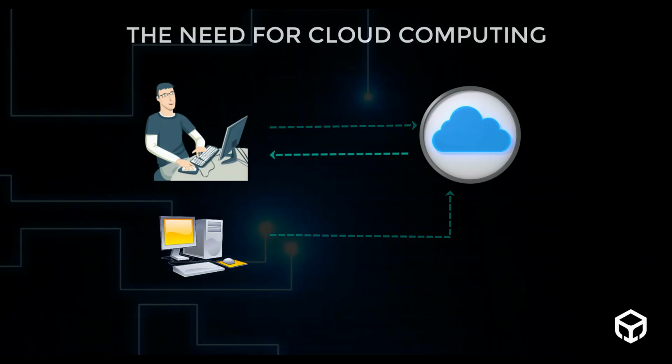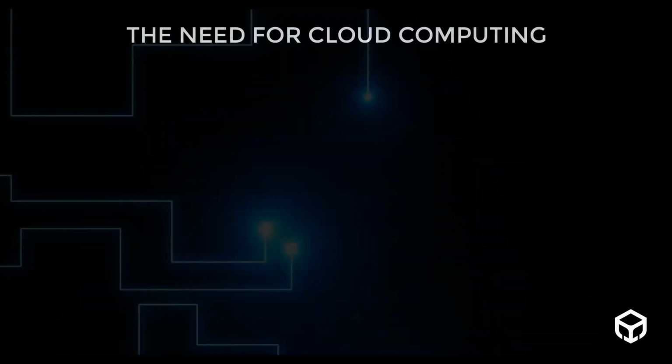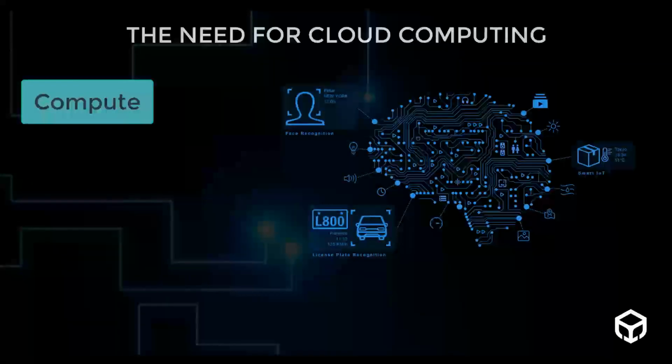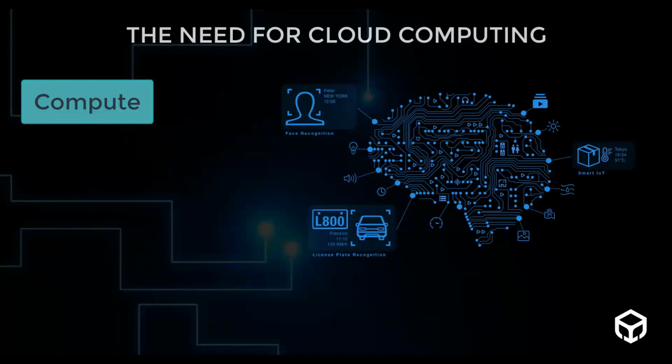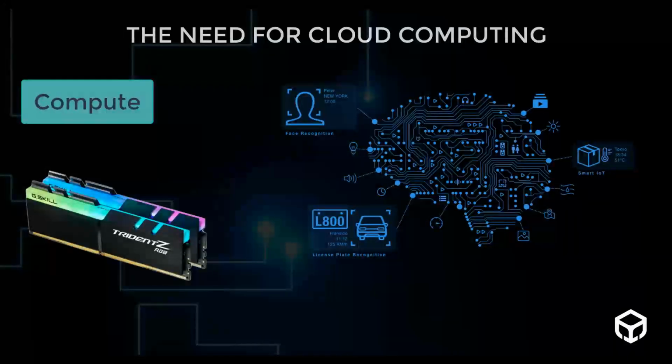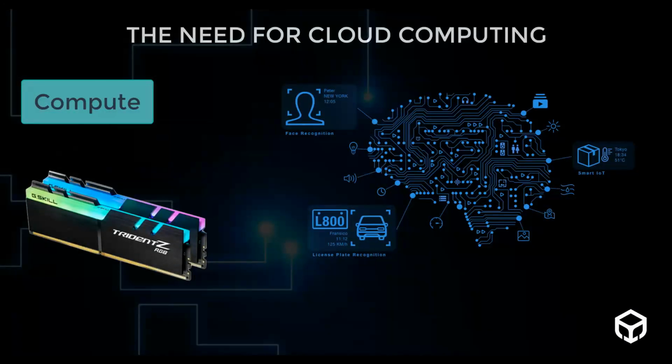As things are evolving, we are seeing more and more applications being migrated from your client server design to cloud type architecture. So when we think about these applications, think about what makes up an application. What you need first is the compute. Think about compute as the brain of the operation. So compute is the CPU itself. And then what you will also need is the memory, which we call RAM or random access memory.